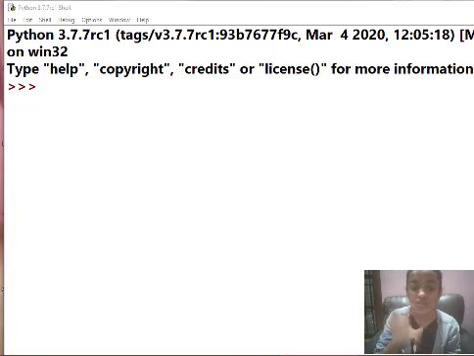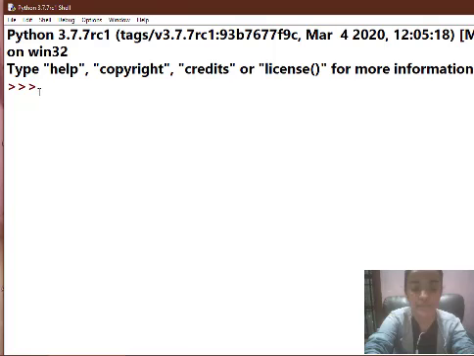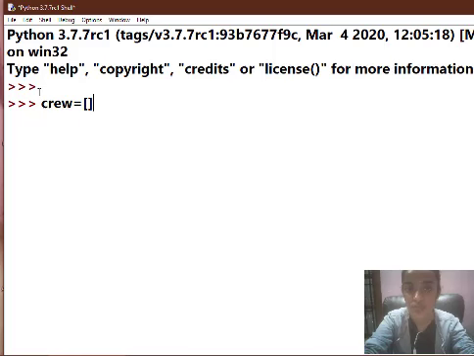In order to create a dictionary in Python, first we have to assign a variable to it. For example, here I am assigning a variable which is crew, and after assigning a variable, I am using curly braces, because usually for lists we used square brackets, and today we are going to learn about dictionaries. So in a dictionary we will use curly braces only, and after opening these curly braces, now we have to put in our keys and values.